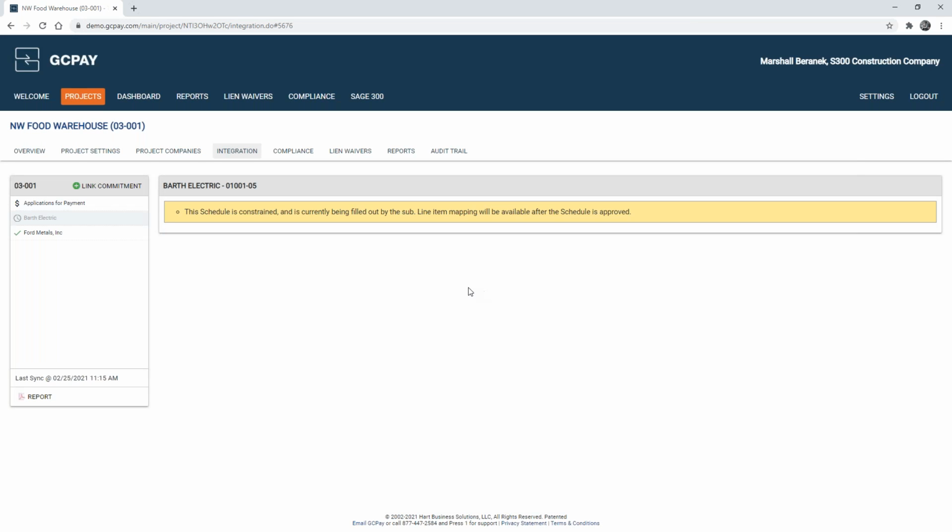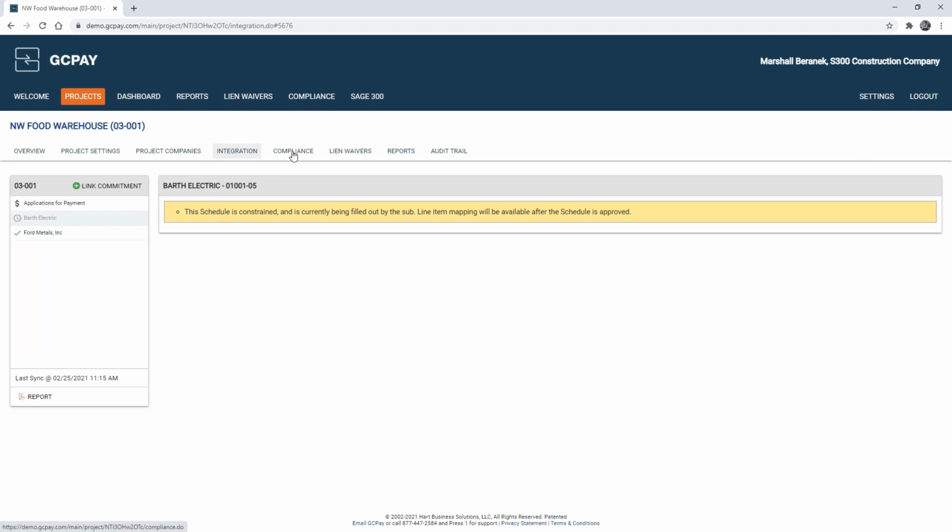And when we pull that in as constrained, you'll notice that it is currently being filled out by the subcontractor. So we have the option to allow a subcontractor to break apart a detailed contract into their own schedule of values. And so depending on how you might pull that in, we can still send them both for approval.